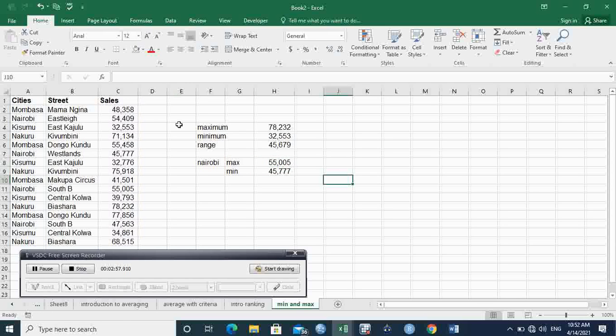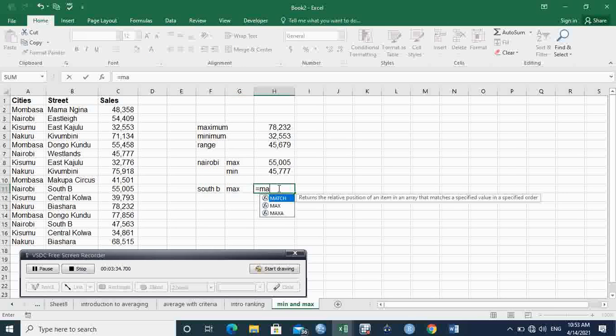What if we have maybe minimum of Nairobi or maximum of Nairobi in a given street? We have Nairobi South B, Nairobi South B, and so on. So that is when we have maximum with multiple criteria and minimum with multiple criteria. Now we have South B, not just Nairobi. So max with multiple criteria is equal to MAX, okay, tab, IF,